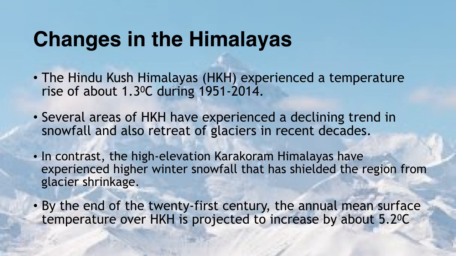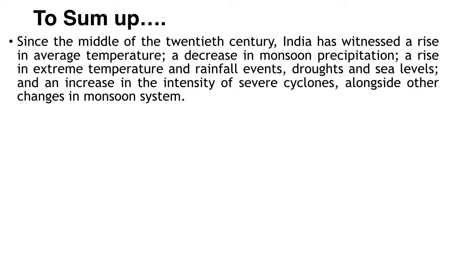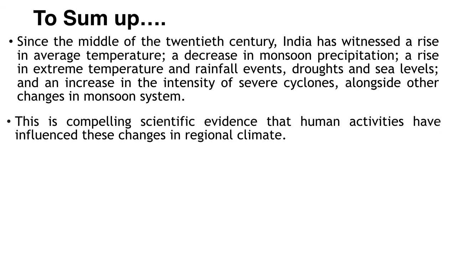So, to sum up, I have discussed how there is a rise in temperature, rise in sea level, increase in cyclones and droughts, and how there has been a continuous reduction in the monsoon precipitation. And this report emphatically proclaims that these regional climatic changes are instrumental in the changes in the prevailing climatic patterns, and this trend is likely to continue unless intervention is made.